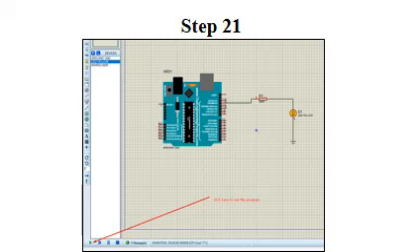Now run the project by clicking on the left bottom corner. If you do everything properly, the LED will turn on and turn off with a 500 millisecond interval, which is actually called